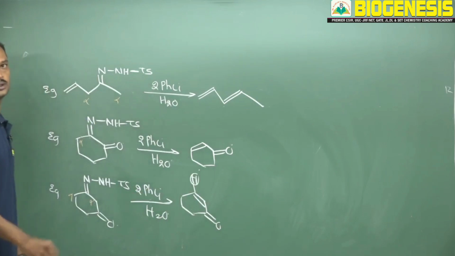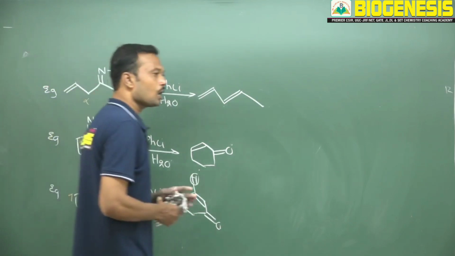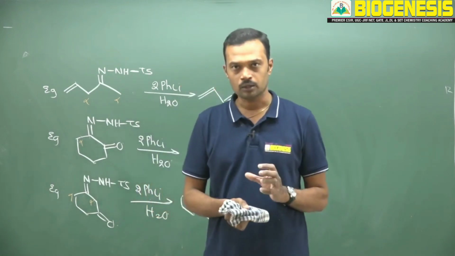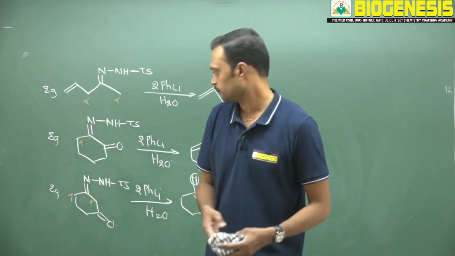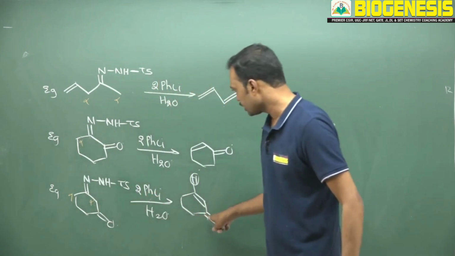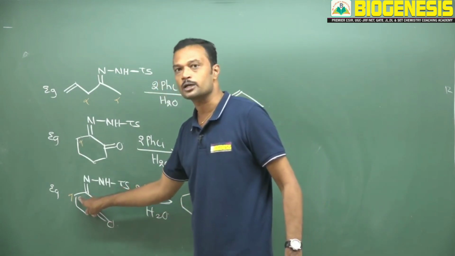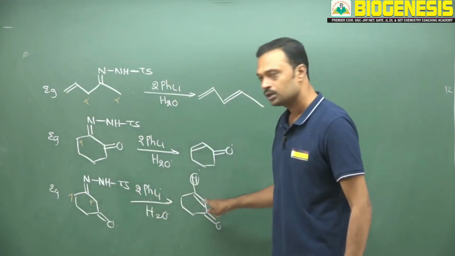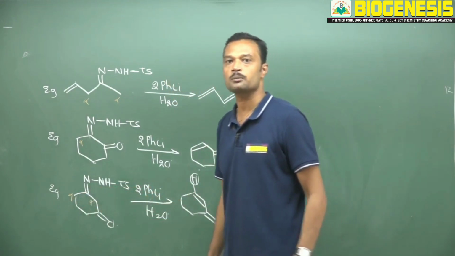That is the answer. So remember, always create the most stable double bond, which will be stabilized by conjugation. Okay, see here, if you create a double bond here, this will be an isolated double bond which is completely away from conjugation. But if you remove here, it is under conjugation. So that is the stability factor in the Shapiro reaction.